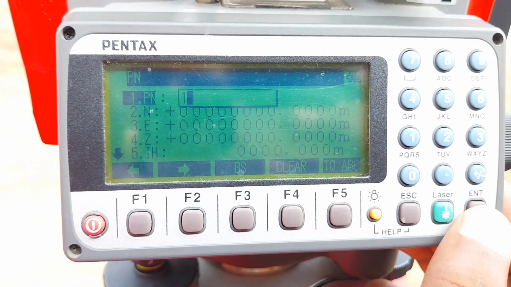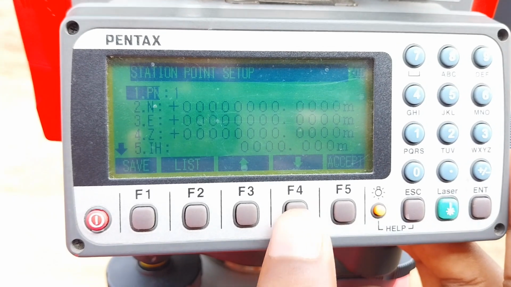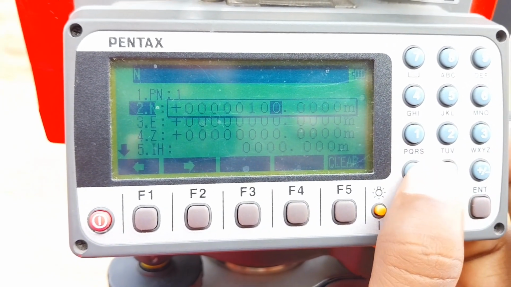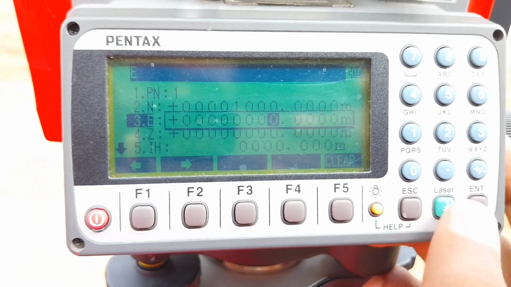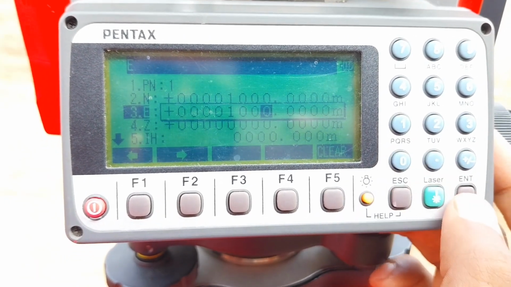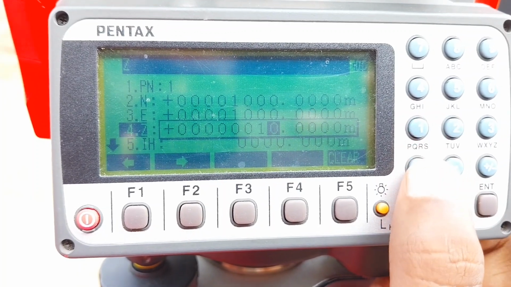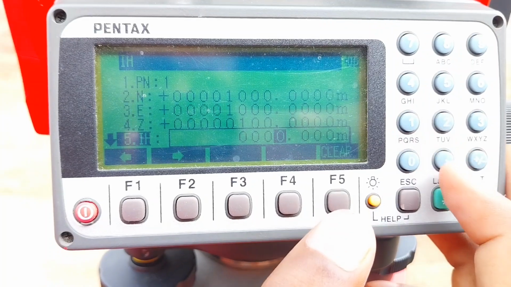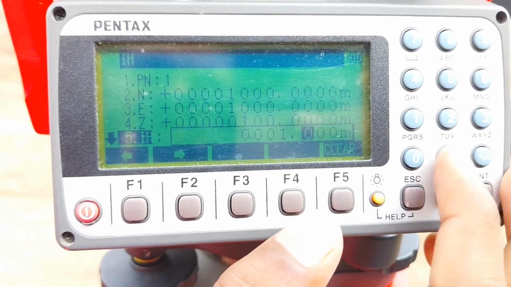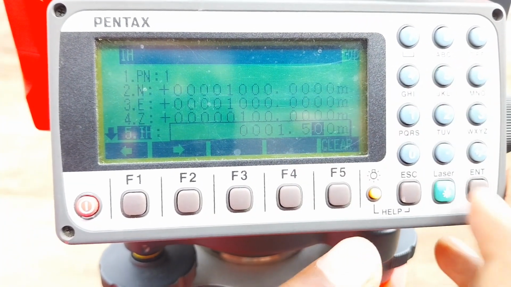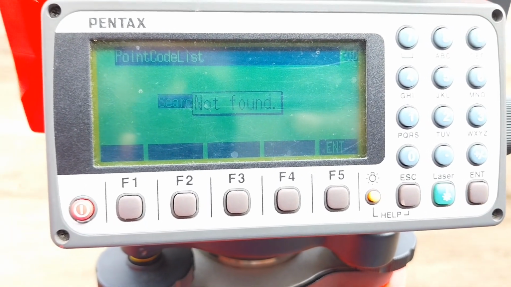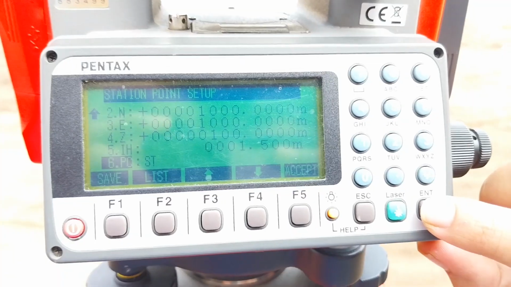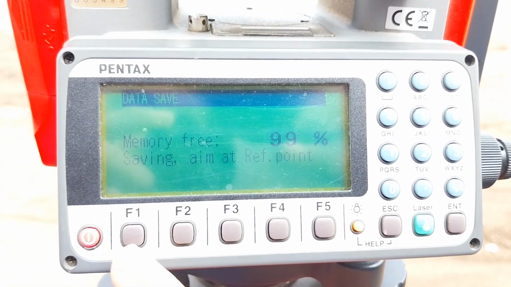In this we are going to put the coordinates of our station point, that is 1000, and Z 100. Instrument height. Enter. Save.